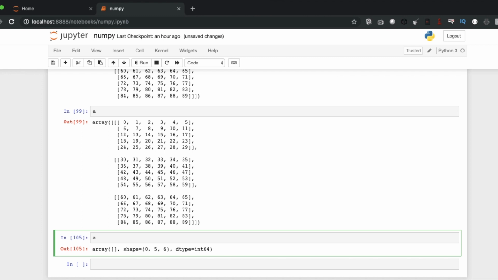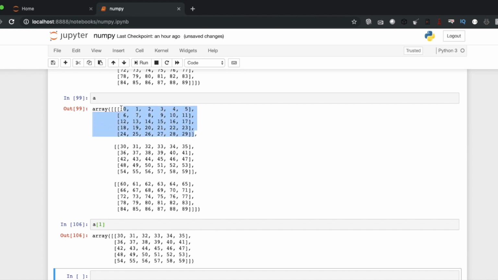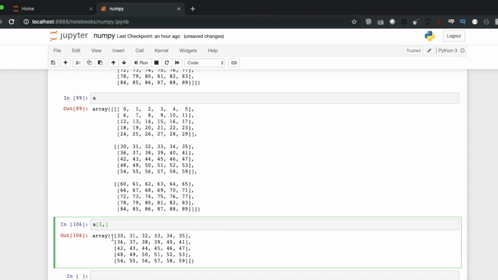Okay, so what is going to print? This is going to print the first dimension, right? So I have to come up here, then I need 0, and I need everything.